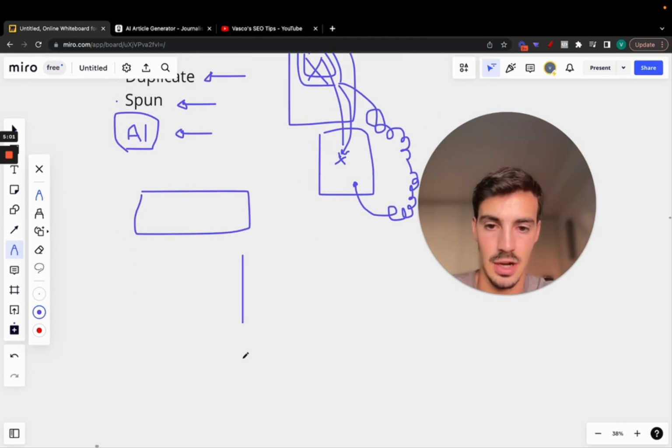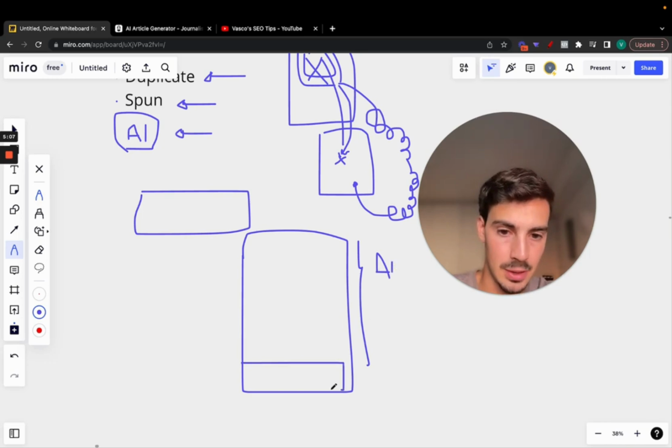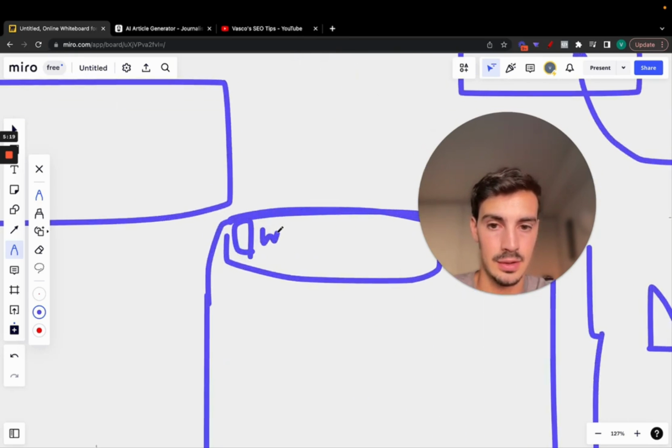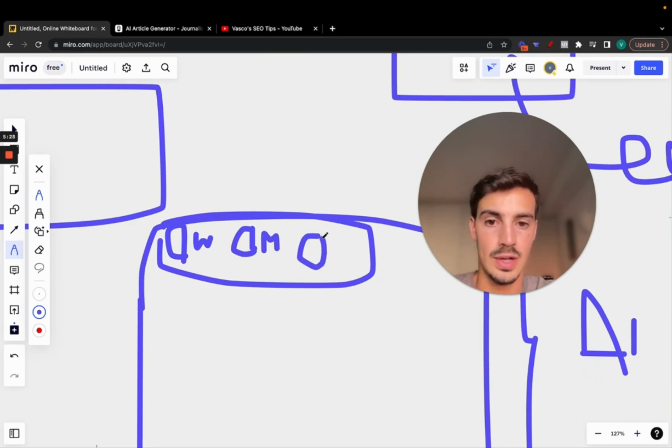They say this is the article right here. All this is AI content. Adding an opinion piece down here, humanly written, right? This is humanly written down here. Adding an author box, right? Who wrote this? Was it the AI? Yes, the AI can be the writer. Then another box here, who was the proofreader? Let's say Michael. And then another box right here, who was the fact checker? Let's do Samantha.